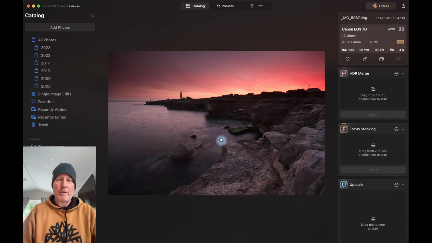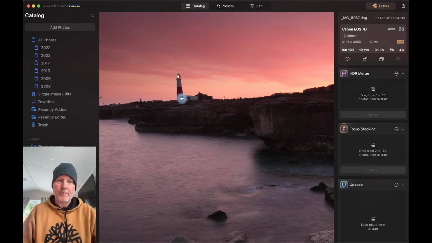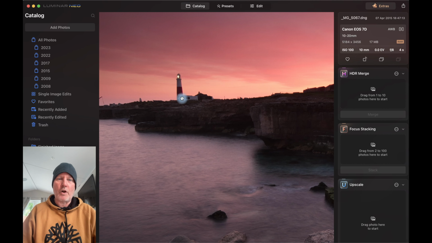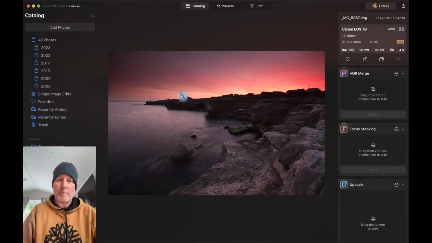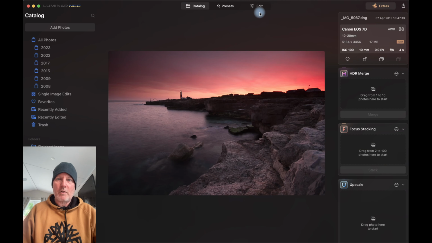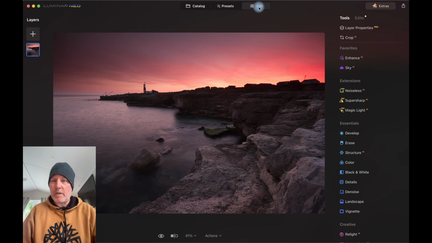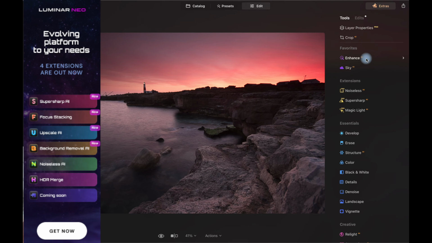This was how sunset was. The rocks may be a little bit dark, but actually what I wanted to show you was this bit here, because I waited a long time for this lighthouse to shine its light. I dodged it in and tried to make it give me a starburst, but as you can see, unsuccessfully until now. Because if we go to the edit menu, you'll see,